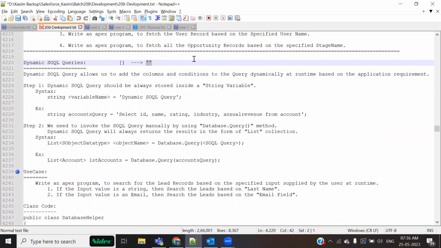Now, majorly, if we say under which circumstances of programming you are going to use the static query or else a dynamic query, we had a discussion on that on yesterday's session. So you always have to remember that if we are forming a static query, if we are writing a static query inside a square bracket,